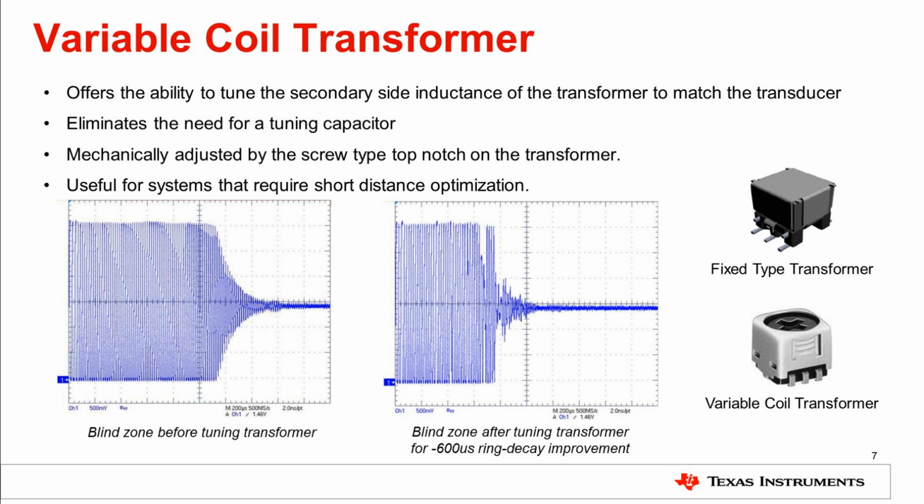Though the variable transformer eliminates the need for a tuning capacitor, the need to manually fine-tune each transformer at mass production can increase line calibration time and cost per sensor. For this reason, a fixed transformer and tuning capacitor option tends to be more popular. In summary, only use a tuning capacitor with the transformer-driven solution when applicable, and try to use a damping resistor for every solution.